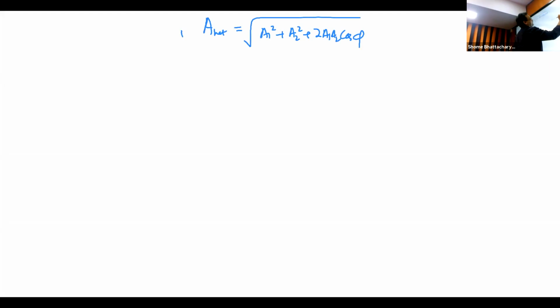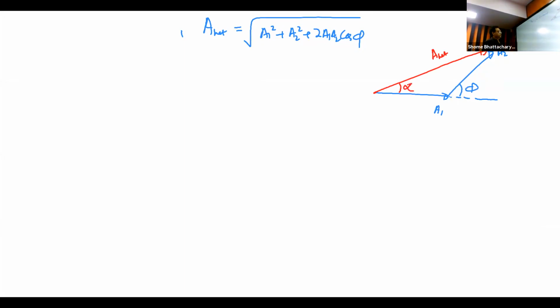Okay, so now let us see the next thing, the net amplitude in terms of A1, A2, and phi, for which you have the formula. And you also have the related phasor diagram, that if this is your A1, this is your A2, and correspondingly this is the phase difference, then our net amplitude becomes this phasor over here, which just looks like a vector addition. The net phase angle becomes this.